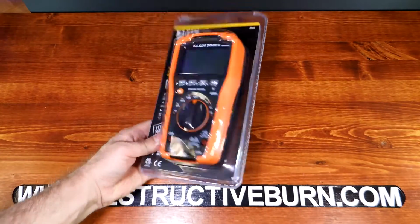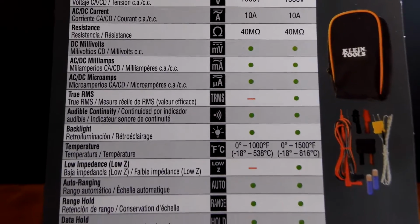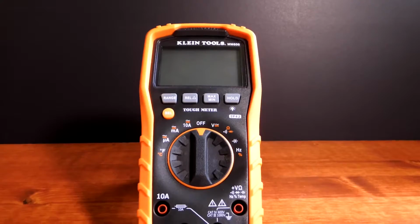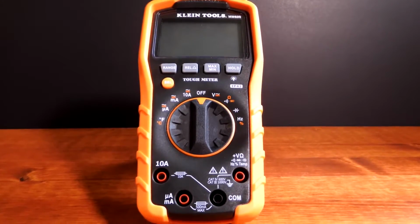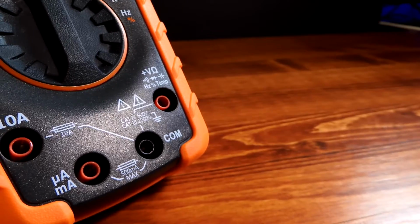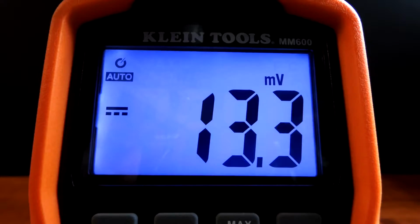I picked up the Klein Tools MM600 Multimeter from Home Depot. Personally, I wanted the MM700 as it has true RMS and a couple more features. Some of you are probably wondering, why didn't I just pick up a Fluke meter instead? Well, it was the best new one I could find in my city. Okay, I guess I could have ordered one on the internet, maybe a Fluke, but I didn't want to wait